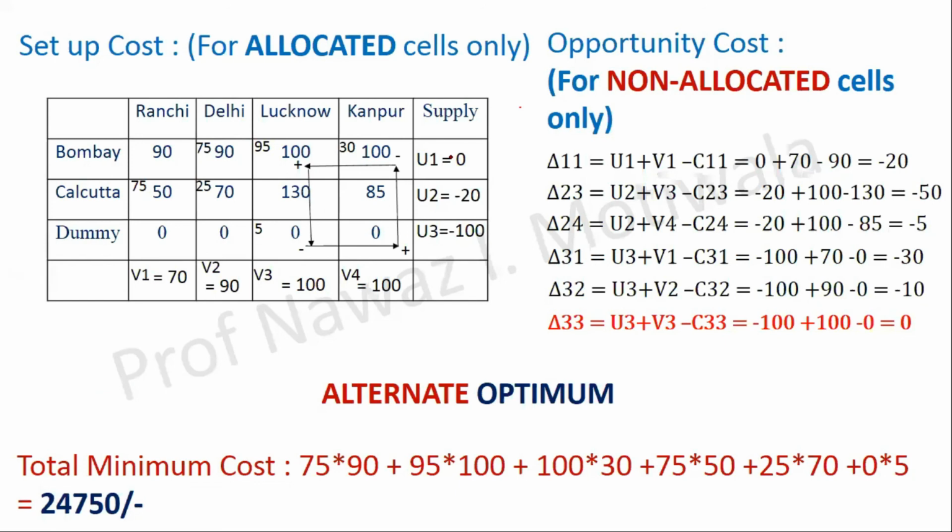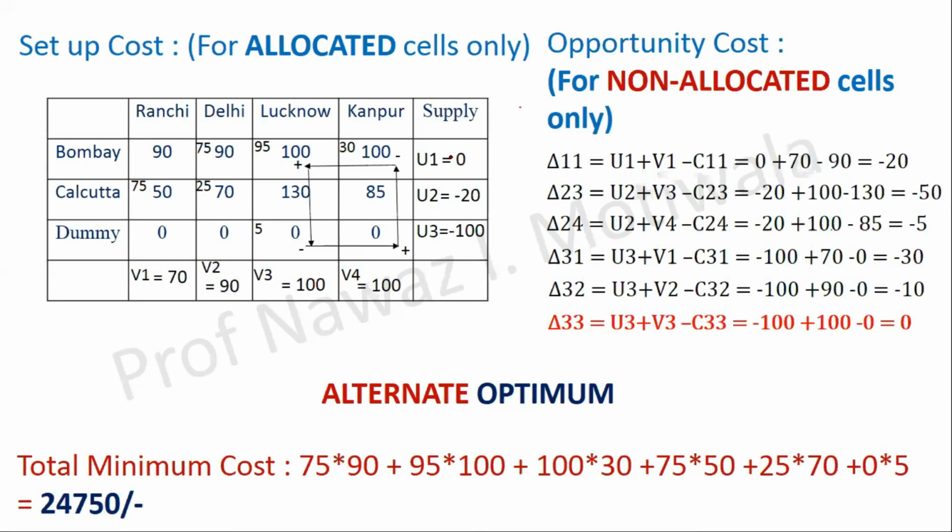Just to summarize today's lecture, first we have seen if the solution is degenerate, we need to make it non-degenerate by adding an epsilon at the minimum cost, where epsilon is a value very near to 0 or tending to 0. This was the first thing which we have learned in this lecture. And the second thing is, if the opportunity cost value comes out to be 0, that implies that an alternate optimum also exists. So if it is not asked in the question to find the alternate optimum, we will end our solution there by just writing that it contains an alternate optimum.